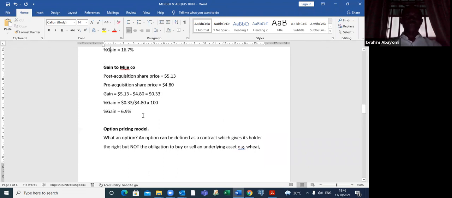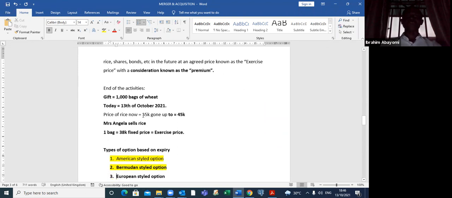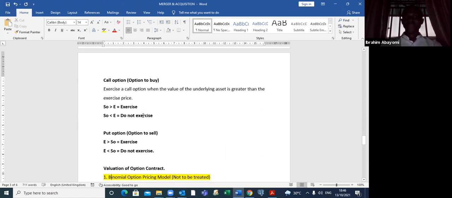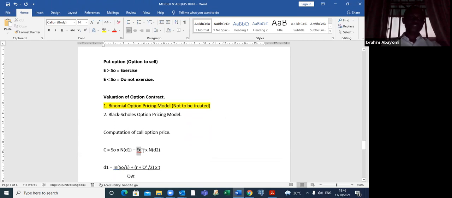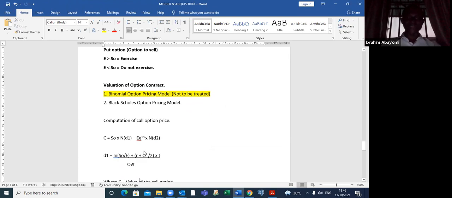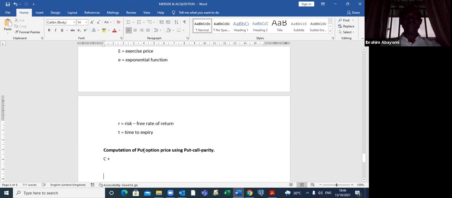But I urge you to go through this before tomorrow's class, because I'm still going to explain another concept tomorrow before we solve that question. So if I know my call option price, I will add the present value of my exercise price to it. And whatever I get from there will be equal to my put option price plus